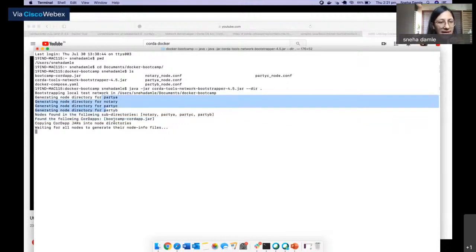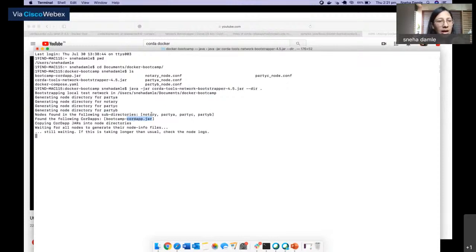If yes, it finds the Bootcamp Corda app jar in our folder, takes it and puts it inside the cordapps directory, and then it starts generating the node info files. The node info files are used by the nodes to communicate with each other. Basically, they are built from the legal name and the point-to-point address which we have specified in the node configuration.